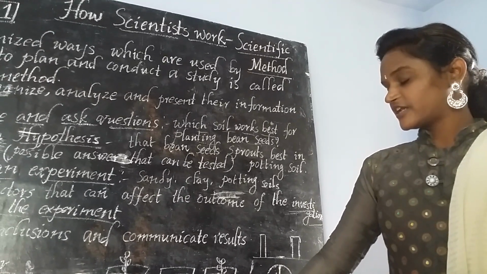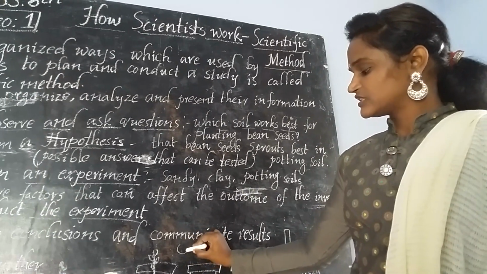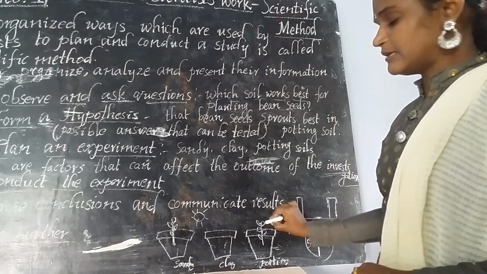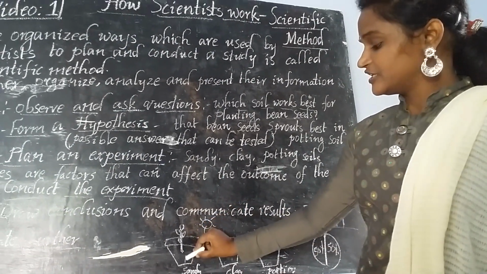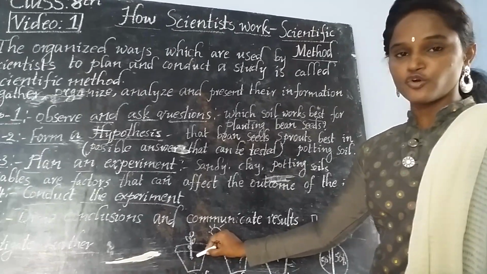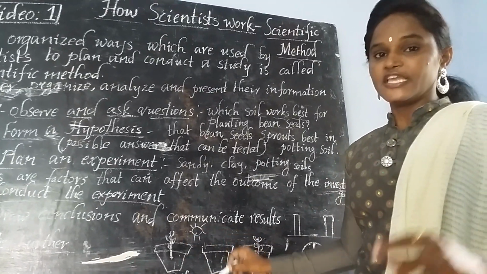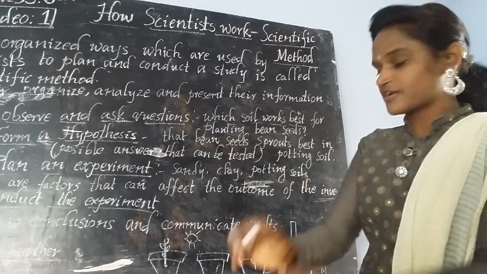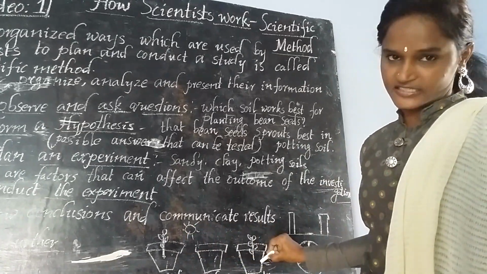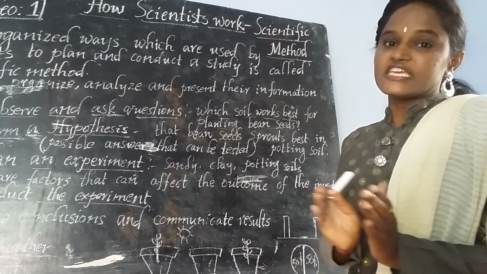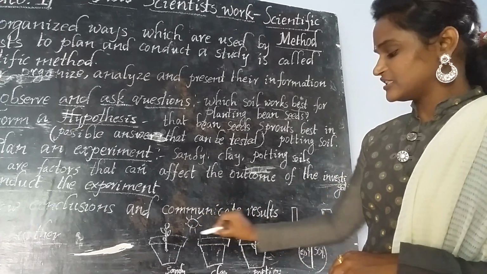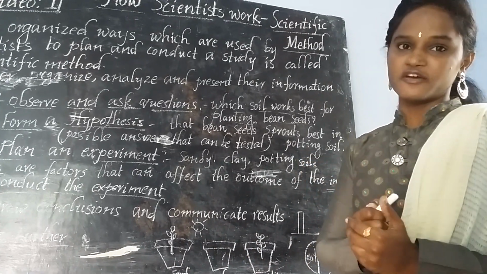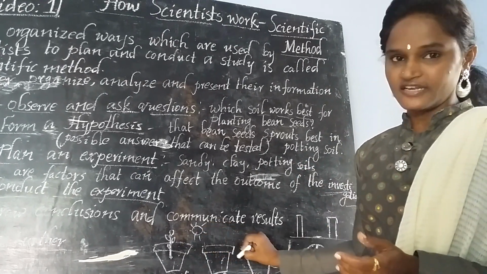The constant variables. Sunlight: the availability of sunlight is the same for the 3 pots. The availability of water: before watering the plants, he took a measuring jar. By measuring the water, he gives an equal amount of water to the plants. He is watering in an equal manner. He is also making the flower pots get an equal amount of sunlight. These are the constant variables.